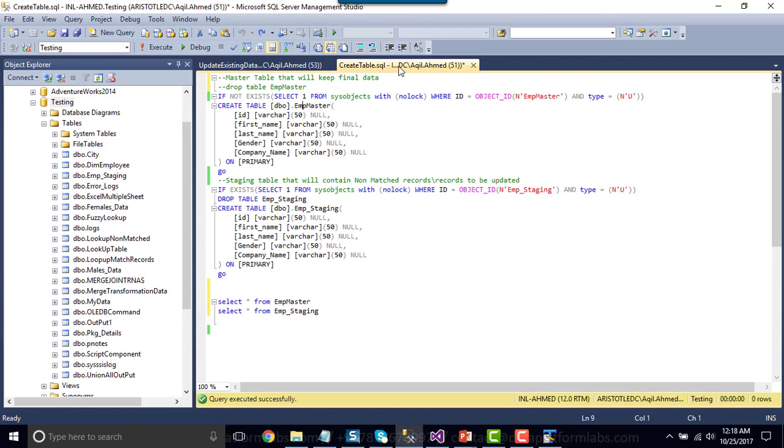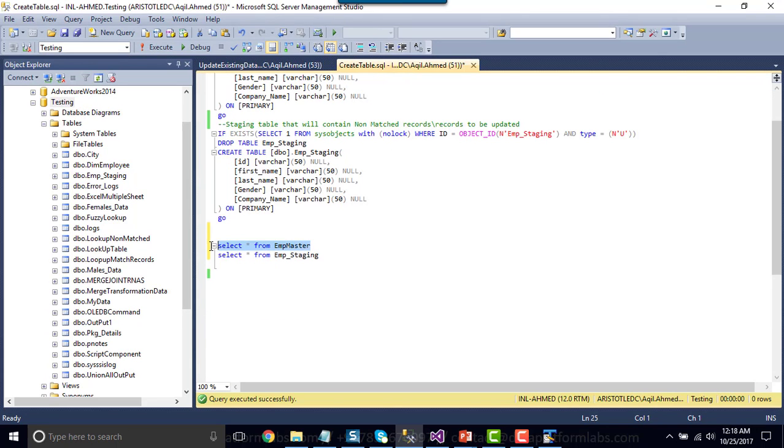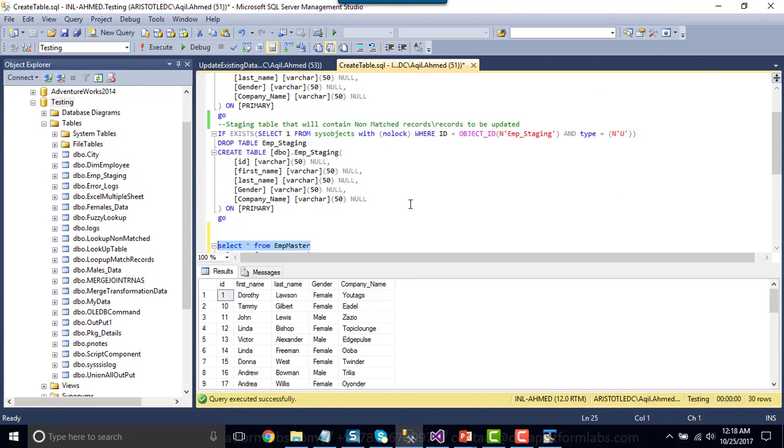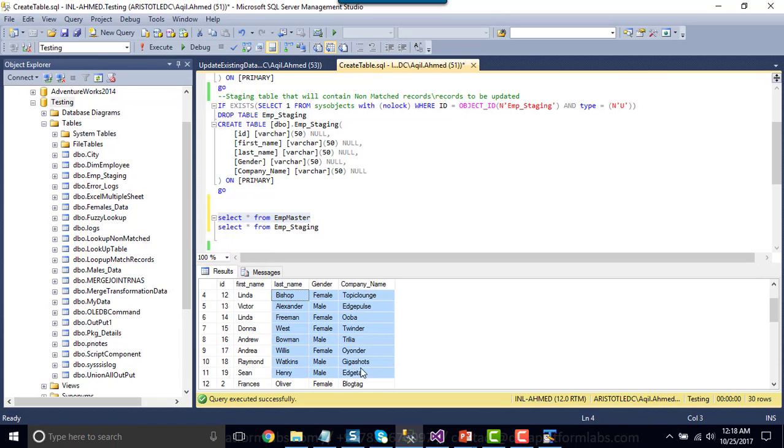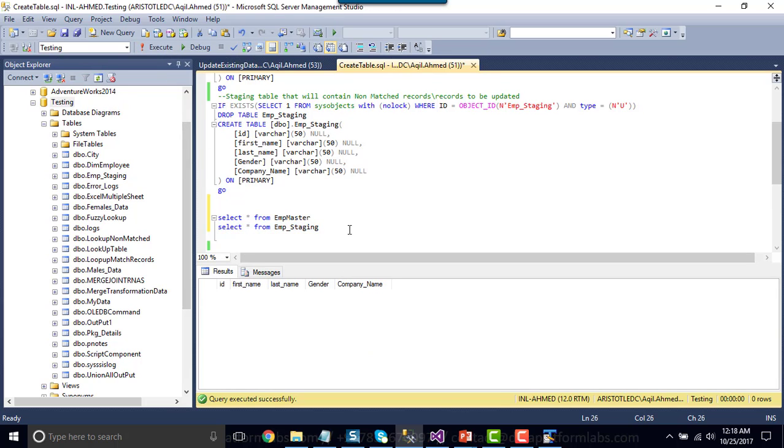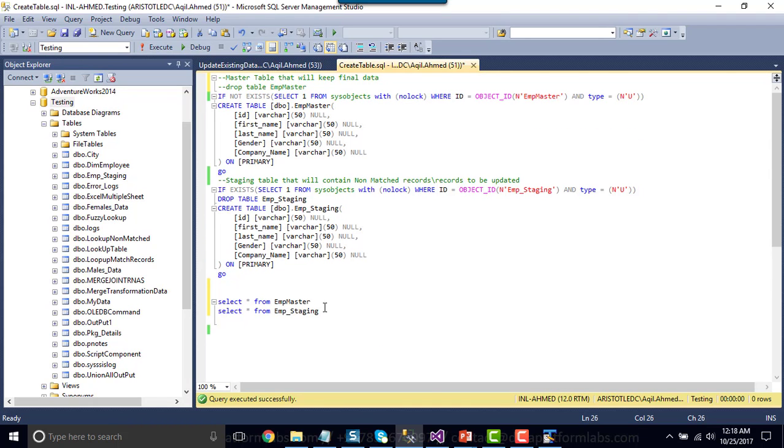If you go back here and select data from EMP master, you will see that all 30 records are contained in this table. And if you select data from the EMP staging table, you can see that this table as of now doesn't contain any data.